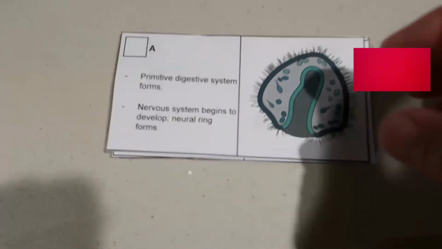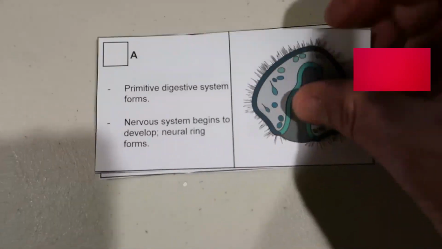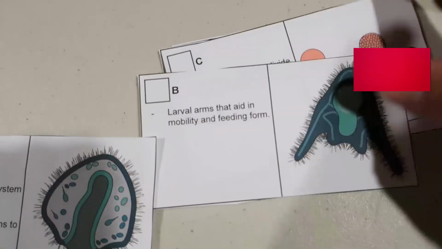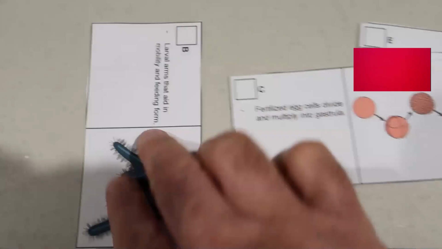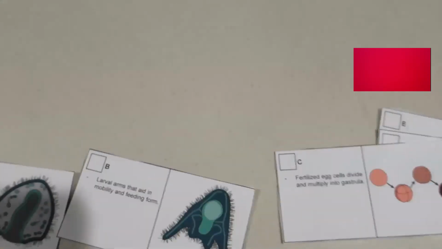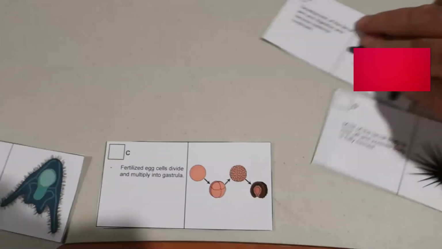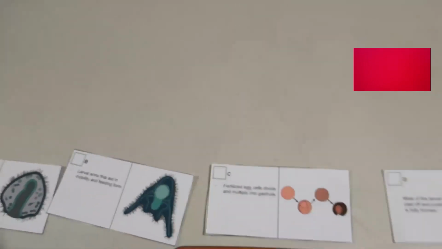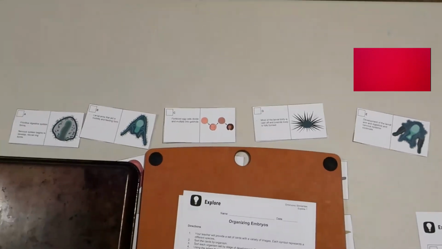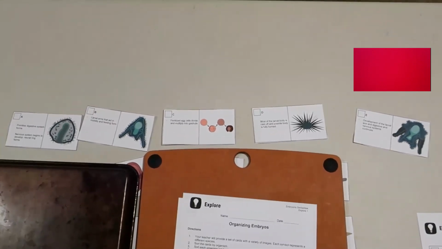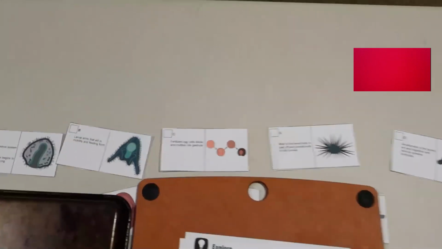So I have these printed out right here, and I have A, B, C, D, and E. But like I said, they're not in the right order. So what we have to do is put them in the right order. So when we look at each of them,